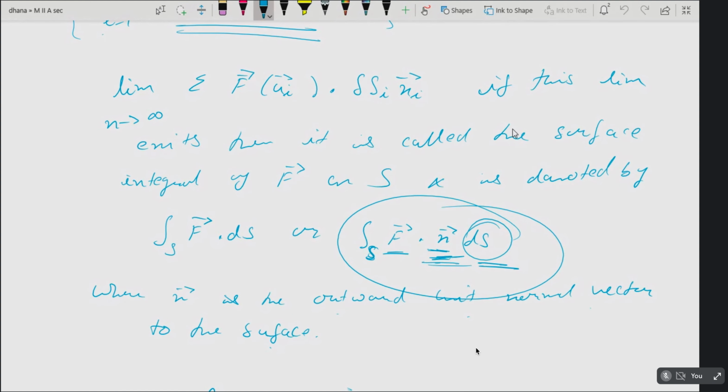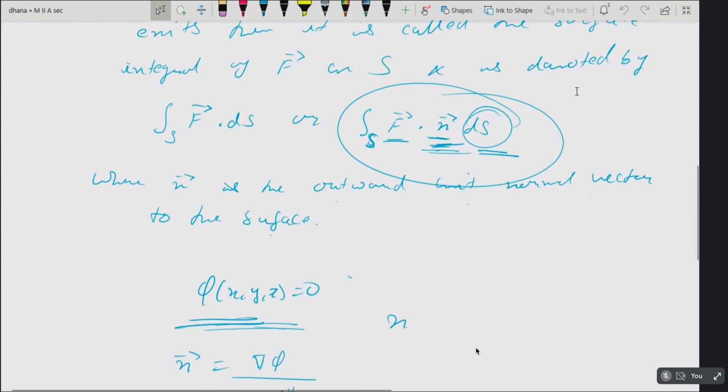This is what we are going to do. We have solved a few problems related to this, not the direct one, but if you remember when the cylinder kind of thing is given, you have taken the projection in the xy plane and assumed in the xy plane z is equal to 0. So the projection part you should know.